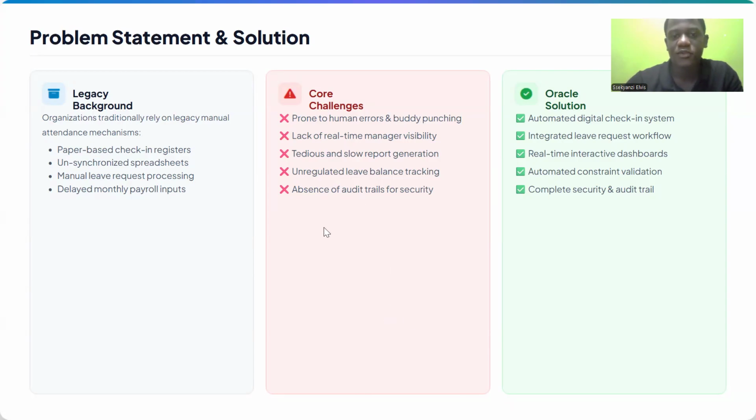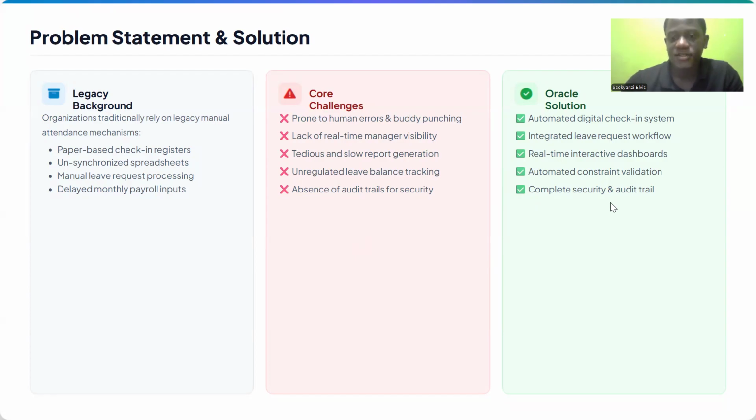One, we have the prone to human errors like buddy punching. We have lack of real-time management visibility. We have tedious and slow report generation. Then we have untracked leave balance tracking. Then basically what the system is going to improve: we have automated digital checking, the integrated leave request workflow, real-time interactive dashboards, then the automated